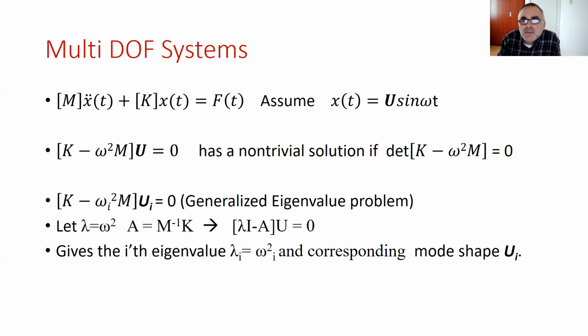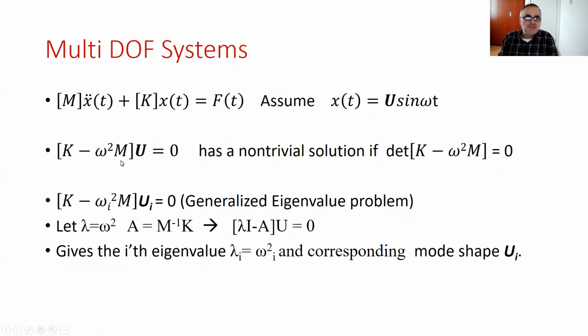Now we will be dealing with first undamped systems, which are forced or unforced. In any case, we have to start from assuming a harmonic solution and substituting that into our equations of motion. So we have an undamped system with mass and stiffness matrices. So if you substitute that